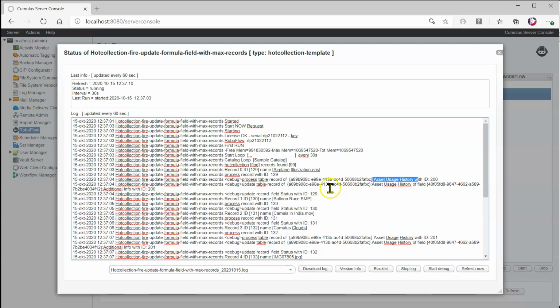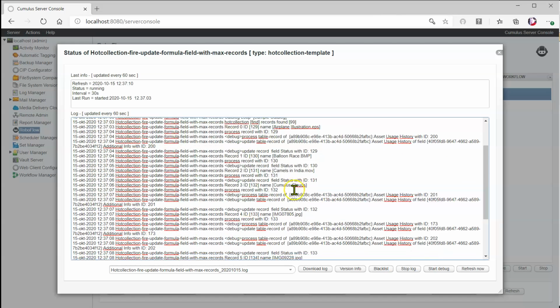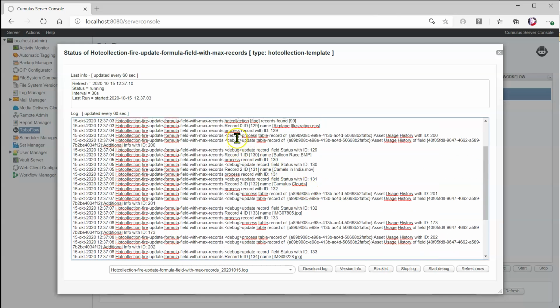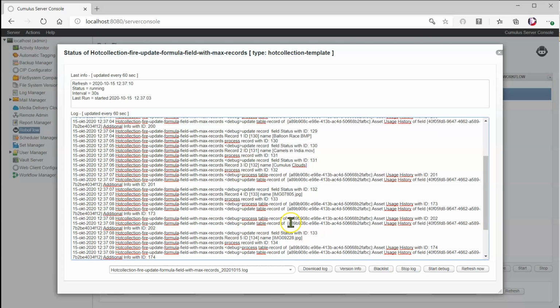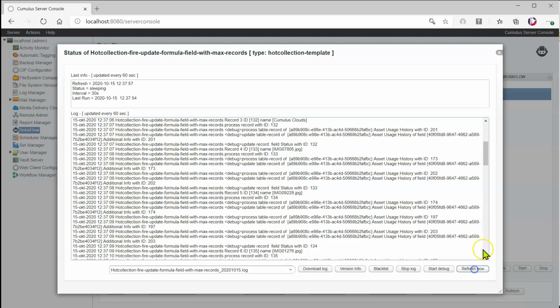Actually, there's only one with a copy to. So then it goes to, and it says update record field with, and then it goes to the next record and the next record and the next record. So this is how it is processing it. And you can see it has record 0, 1, 2, 3, 4, 5, 6, 7. Here it's at 6. And if I say refresh,